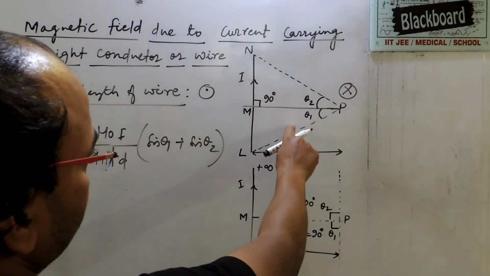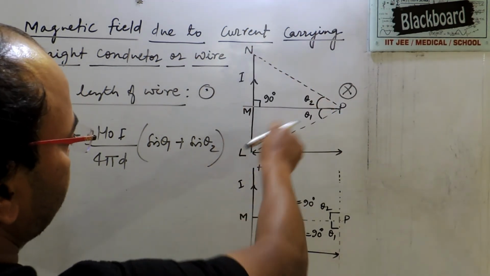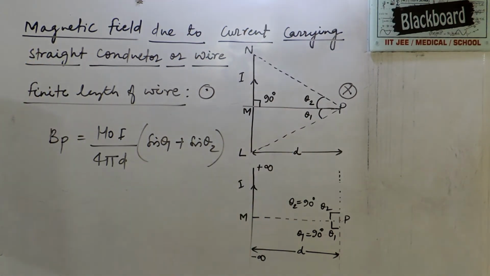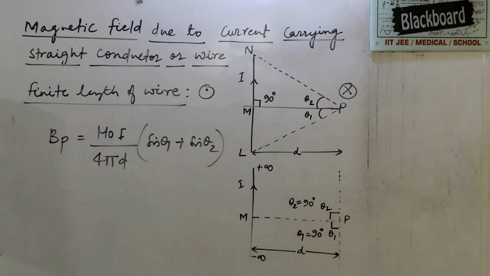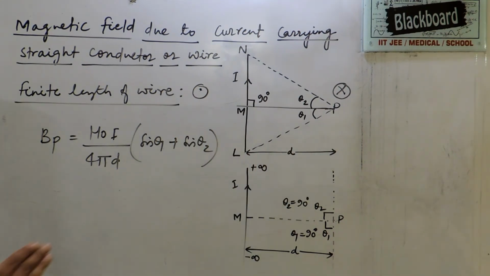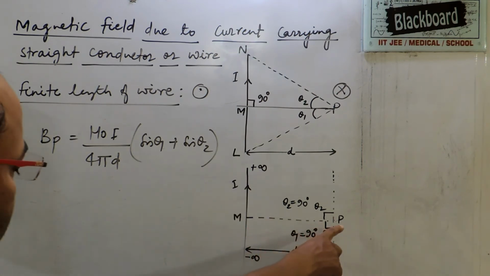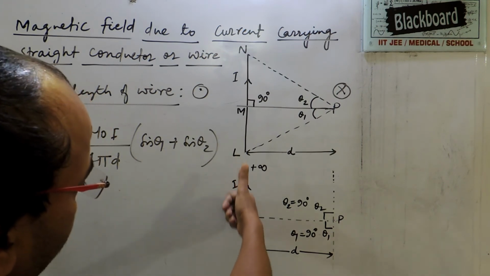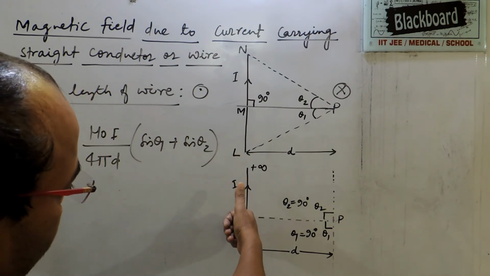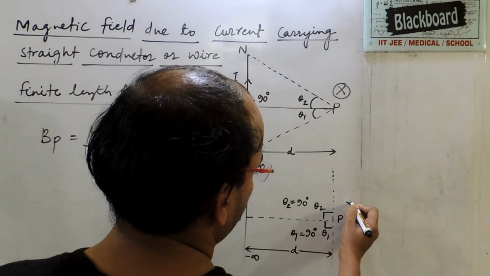This angle is theta 1, this is theta 2. So from its extremities we see what angle is formed. So theta 1, theta 2, and mu naught times I, where I is the amount of current, over 4 pi d, where d is the distance. Now this is an infinite length wire, from minus infinity to plus infinity, and P is any point. Again the direction: the current direction is upward, and using the right hand thumb rule, the direction of magnetic field will be below the plane here,